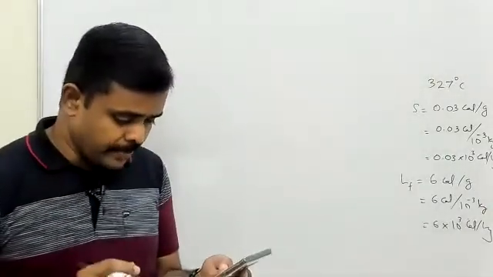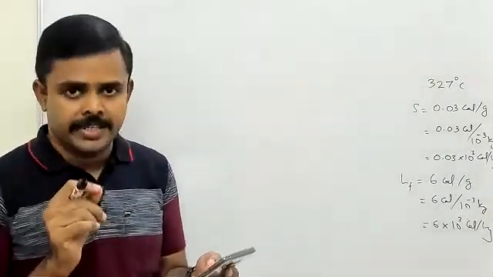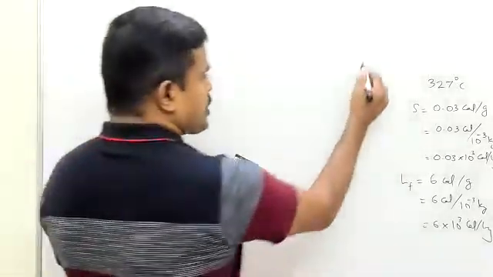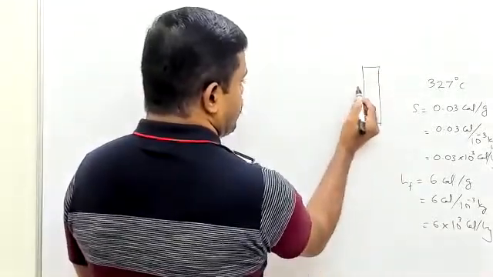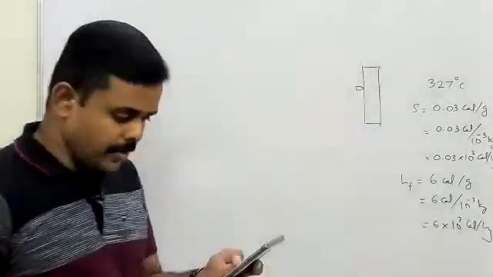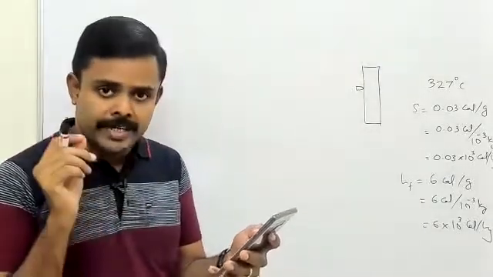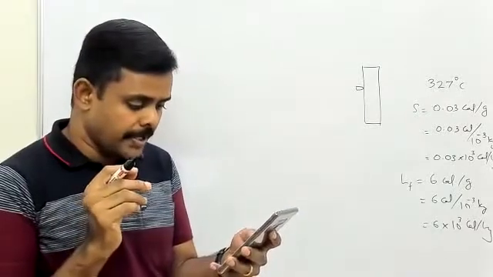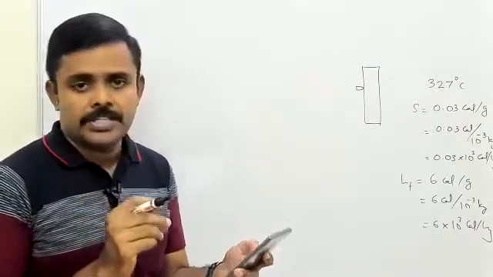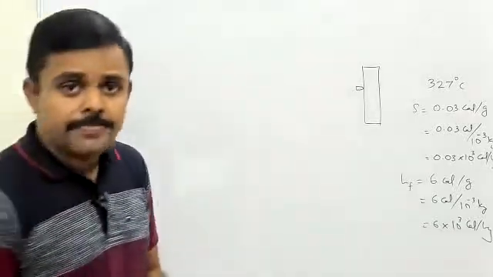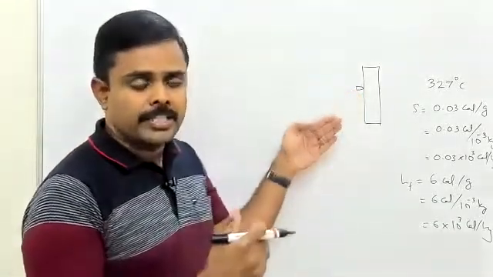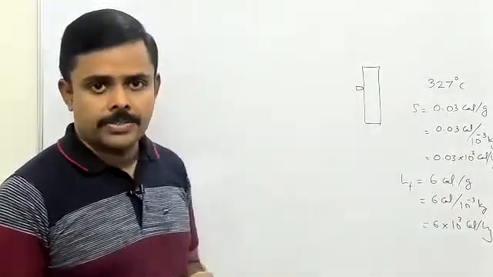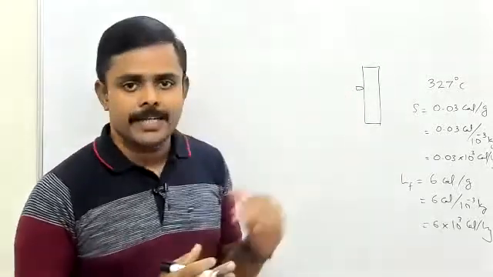Then let's read the question one more time. A lead bullet at 27 degrees Celsius just melts when stopped by an obstacle. So we have an obstacle here and a lead bullet hits it. What happens now? The bullet melts when it is blocked by the obstacle. Assuming that 25% of heat is absorbed by the obstacle, upon hitting the block, 25% of energy is absorbed by the obstacle. So the rest 75% is retained by the bullet.